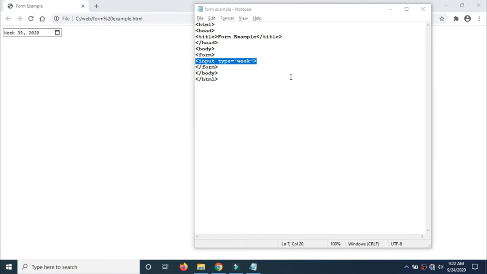This is the type equal to week example. Within the form, input type is week. If I run this program, you'll get the output like this. In that you can see week. Now I'll refresh this.